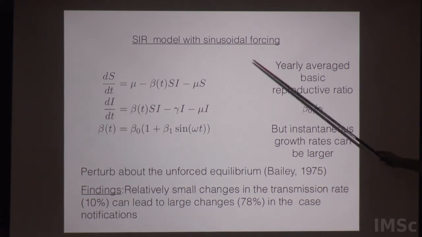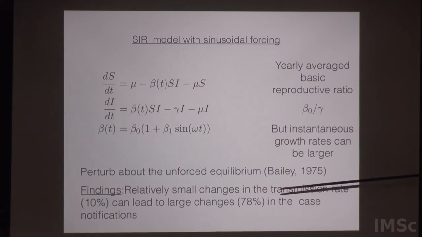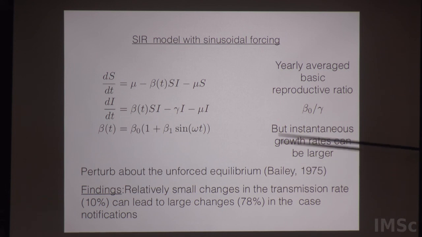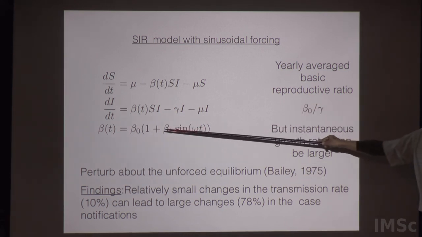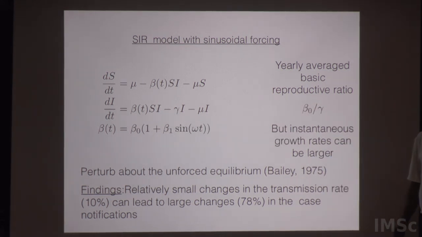So you can take these equations, take the unforced equilibrium state, expand about that, and you wind up with differential equations that tell you about the nature of fluctuations, and that's a complicated calculation by Bailey in 1975. But the results are interesting. The results were that a relatively small change in the transmission rate, that is beta 1, being 10% of beta naught, let's say,